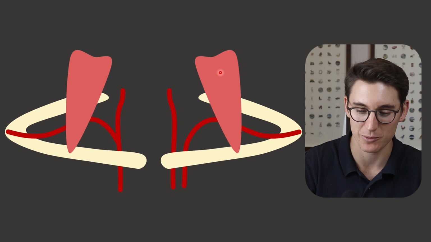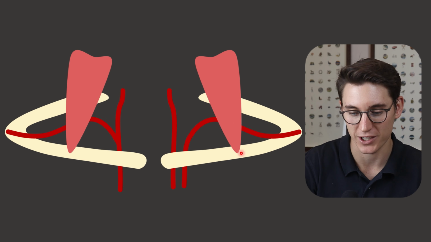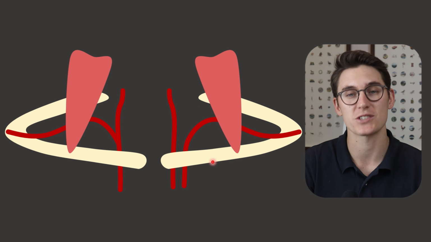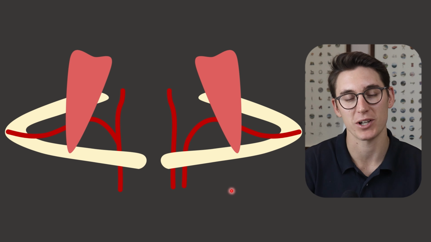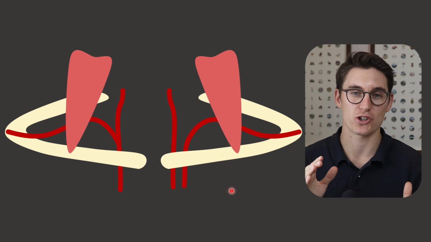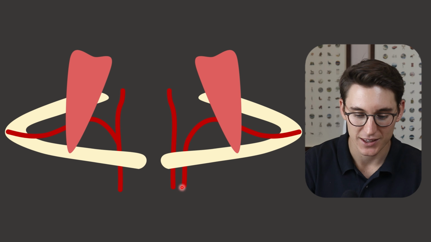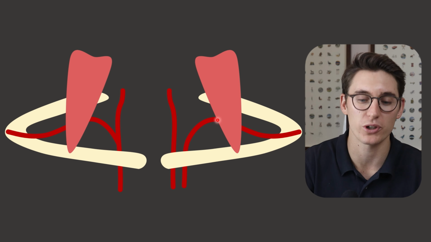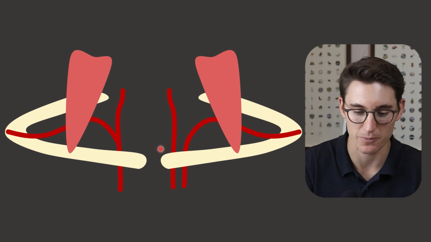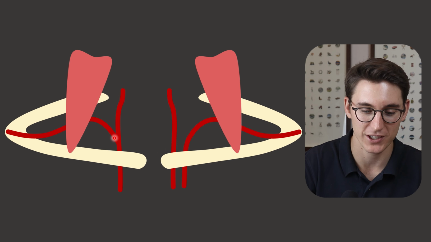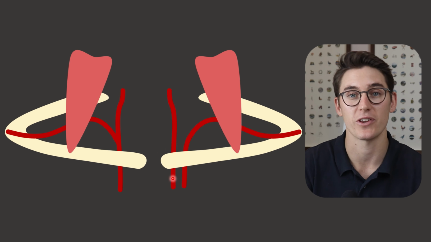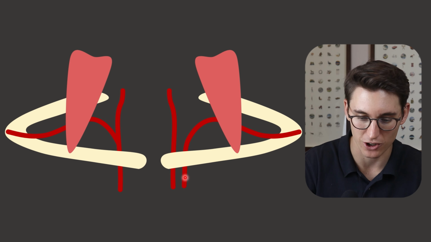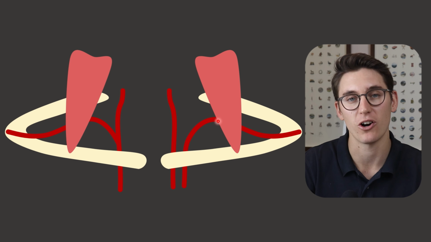This anterior scalene muscle comes from the cervical vertebra heading towards and attaching to this first rib. Now we use this first rib and this anterior scalene muscle to divide the subclavian artery into three separate parts. The first part of the subclavian artery is everything before the medial border of this anterior scalene muscle. So on the right hand side, it's from the bifurcation to this medial border, and on the left hand side, part one of the subclavian artery comes from the aortic arch all the way to the medial border of this